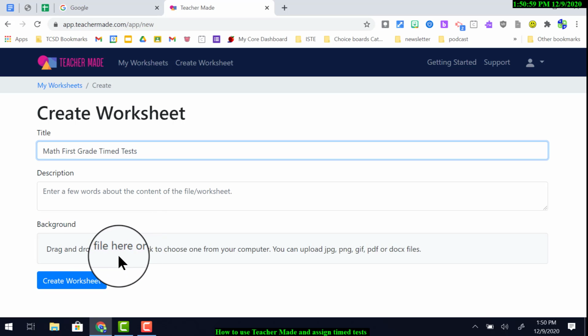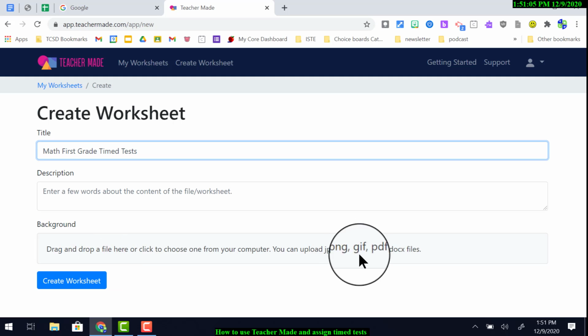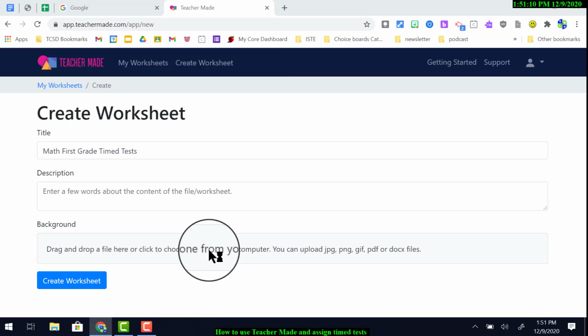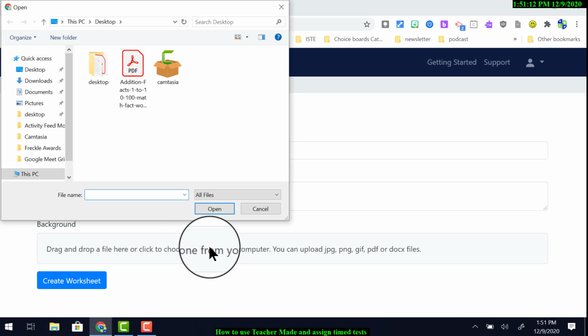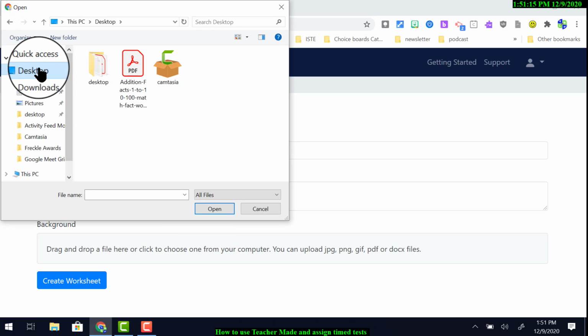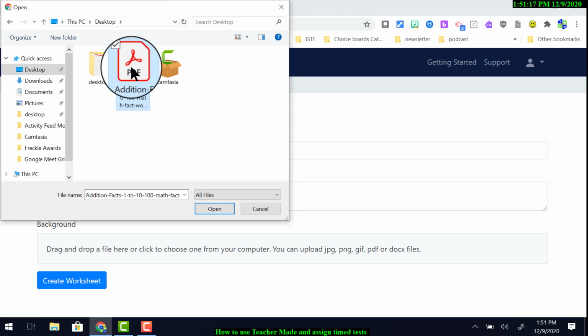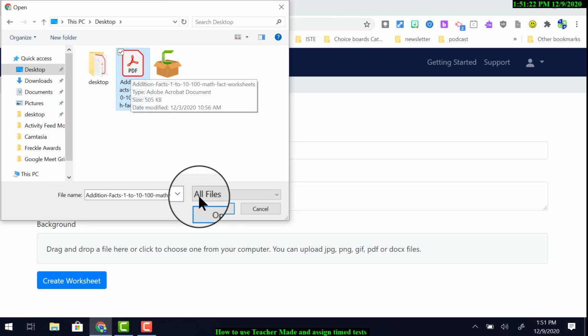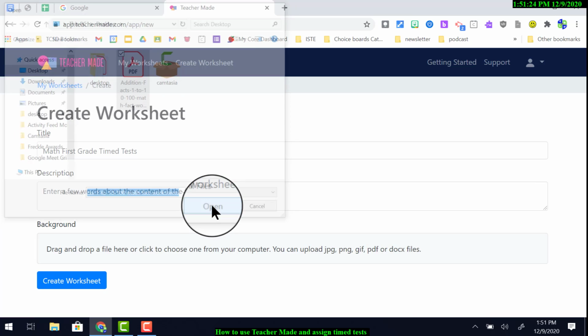And then it says to drag and drop a file here. So we can grab our PDF or our JPEG. Most of us will probably be using our PDFs, and we can drag it in, but we could also double click it here, and we can go to our desktop, and we can choose a PDF that we have saved to our desktop. So that's something that you'll need to do first. I'm going to open this up,